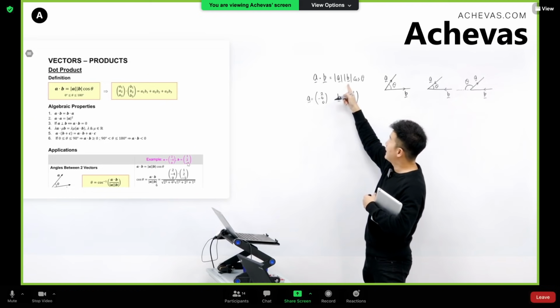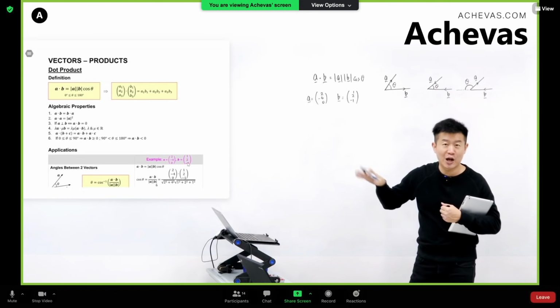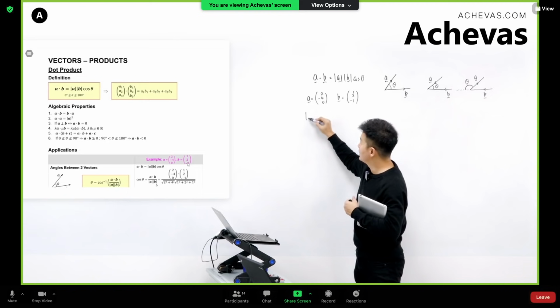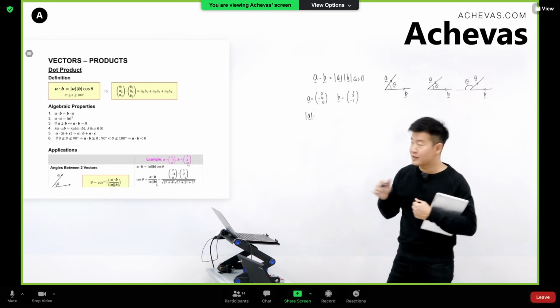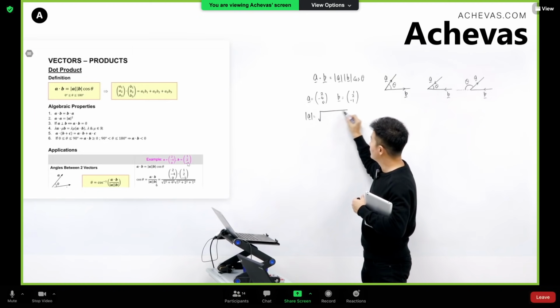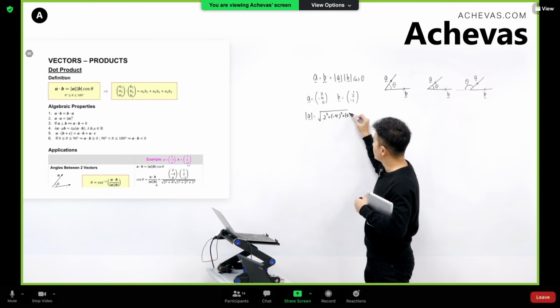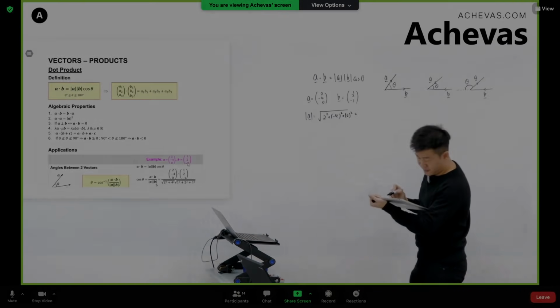So this and this we have already learned just now how this can be calculated, because modulus of A is just going to be square root of x squared plus y squared plus z squared. So it is going to be square root of 2 squared plus minus 4 squared plus 0 squared. This is going to